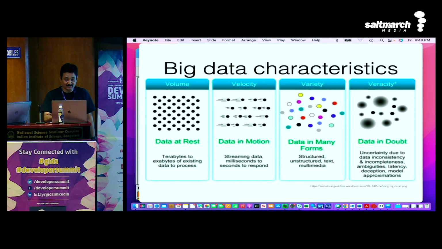Now what happens when the velocity comes in? What should I use to calculate stuff while it is happening? What to use in that case? Spark, yeah. You can use Spark or Storm to really calculate while it is in motion. That's why I have motion here. Now, unstructured, the ambiguity data: 80% this is a fraud. That's what I'm trying to say here.